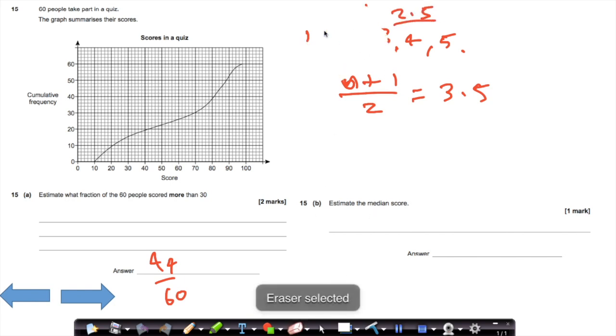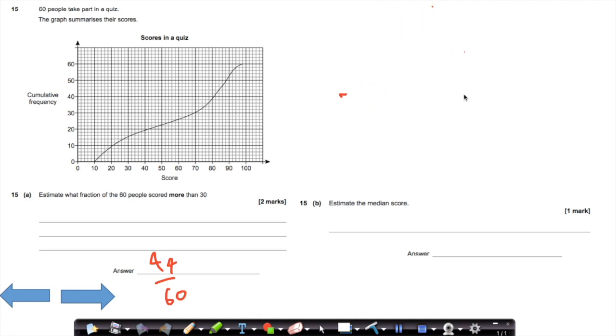However, that's the median. If we're looking at the graph, the median score would be if I had all these people in a list, from smallest to largest, from smallest score to largest score. The first person looked like they scored around about the 10 mark, but the 30th person is important because we're working out the person in the middle. If there were 60 overall,